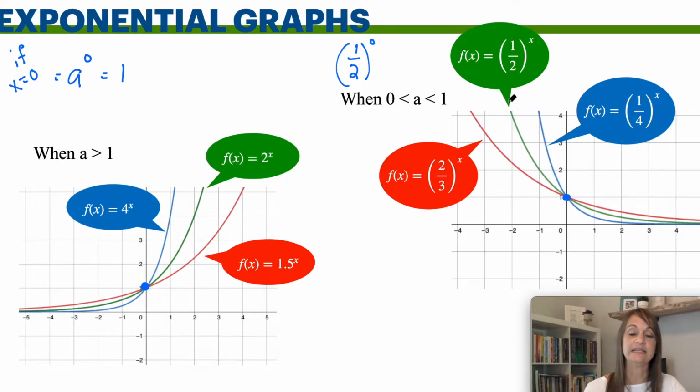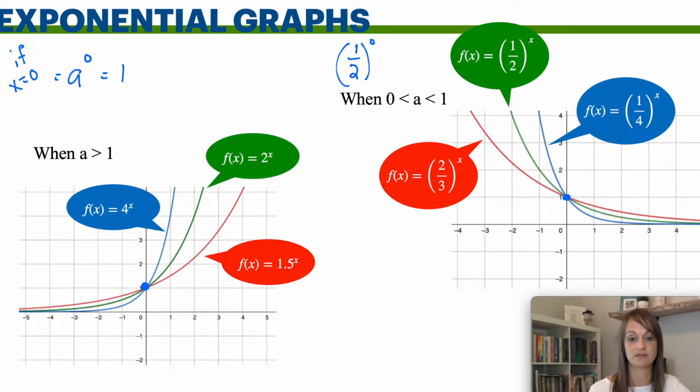Now, all of these actually decay. So if you think about it, if you start with $100 and you take half of that, you're down to $50. If you take half of 50, you're down to $25. If you take half of 25, you're down to $12.50. Then you're down to $6.25, and so forth. And so if you think about a function where the base is greater than 0 but less than 1, like a half-life in physics or chemistry, that is going to make a graph decrease